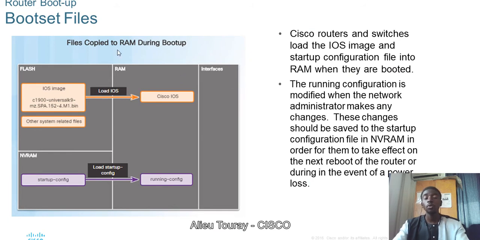So that is it. We'll now move to configurations. Cisco routers and switches load the IOS image. So that's the boot up process. Like for instance, if you have your computer, the first thing when you press the start button, it takes you to the boot, the power on self test, and then checks the components. If all components are fine, then the operating system will be located and loaded, and from there the components will hand everything to the operating system. That's the same thing that happens here also.